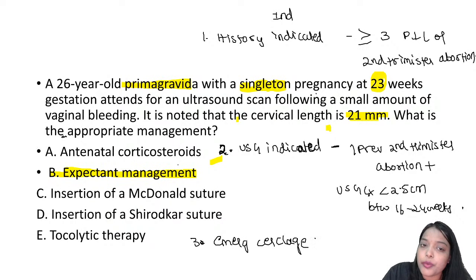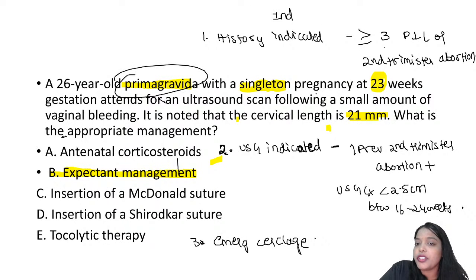Now please understand this question. She is a primary gravida, so she doesn't fit into more than 3 abortions. USG is less than 2.5, but I should have one previous second trimester abortion to support my indication of USG indicated. So that is also not supported here. And the cervix is not dilated. The cervix has just become short. So that's also not supporting me to put a stitch. As it doesn't fulfill any of the three indications, I cannot